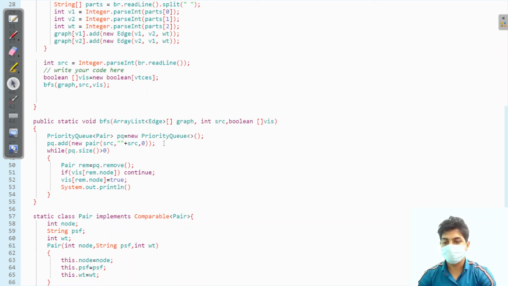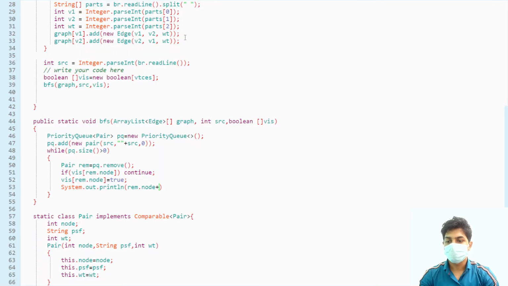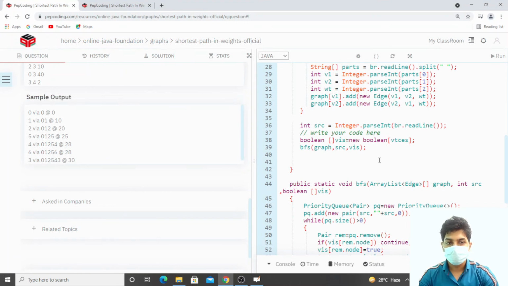System.out.println, what we have to print, remove dot node plus. Okay, what was the format? Let's see the format.